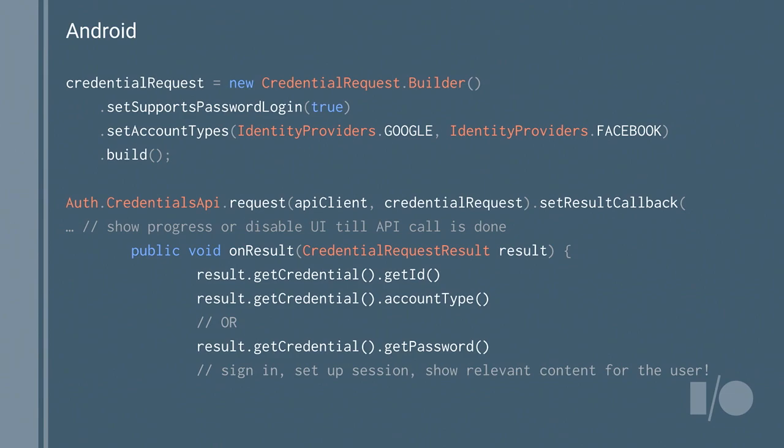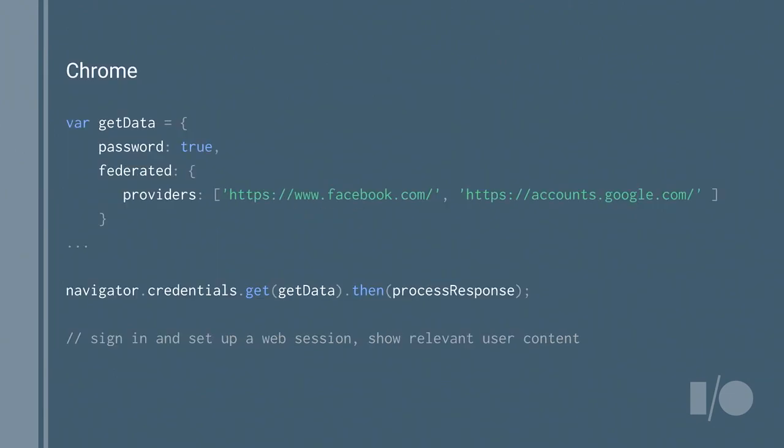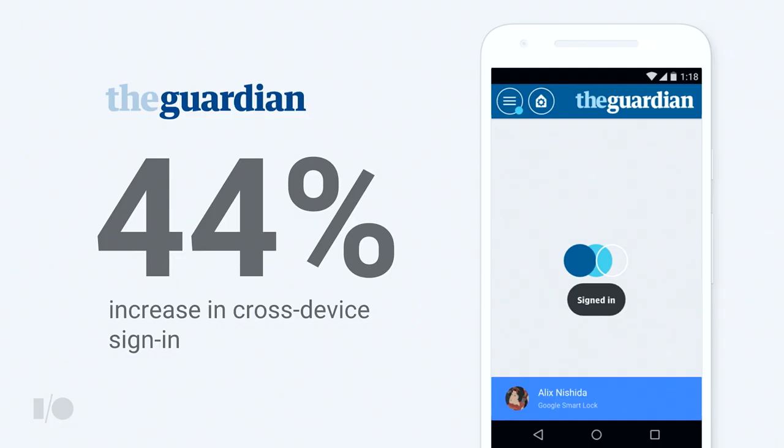And that's really valuable, because if we look at some examples here, one on the web that I think is worth calling out is The Guardian, where by calling this request API in Chrome, they can do the same thing, have someone who's a web user automatically signed in. And it's very valuable for them that they now have this huge bump in cross-device signed-in usage.